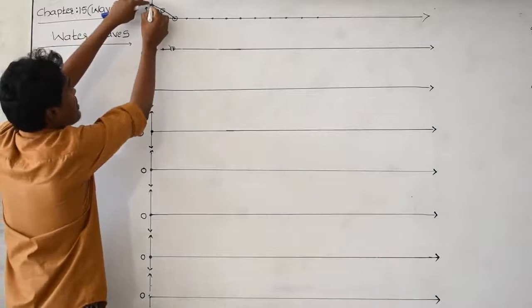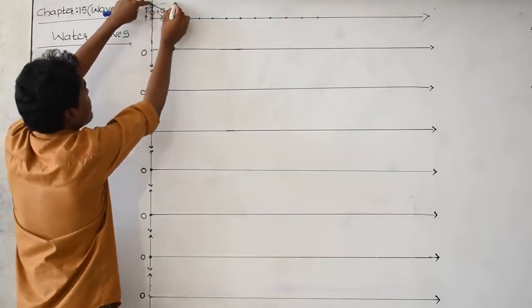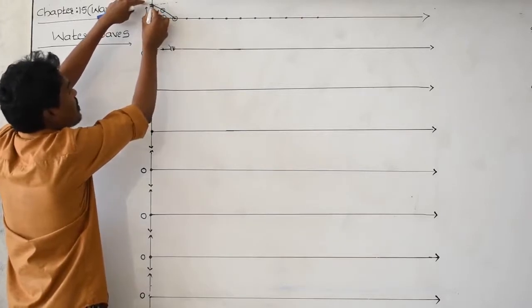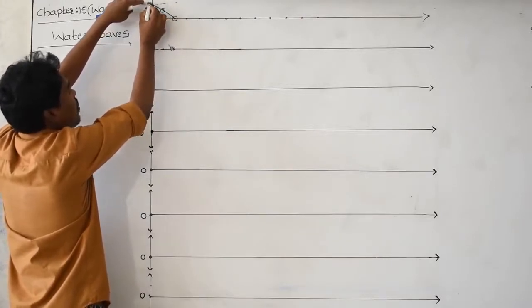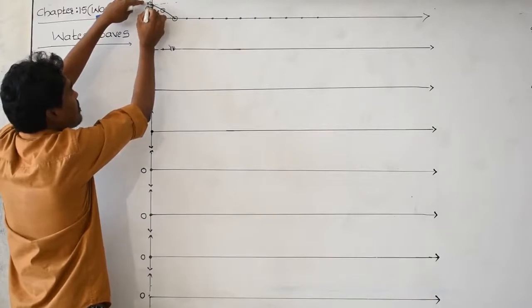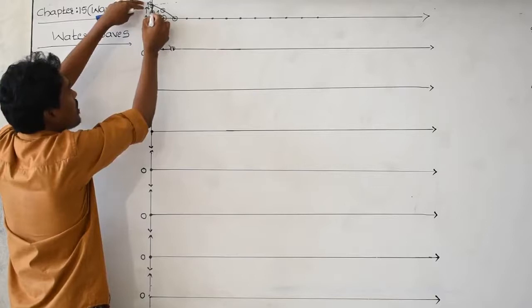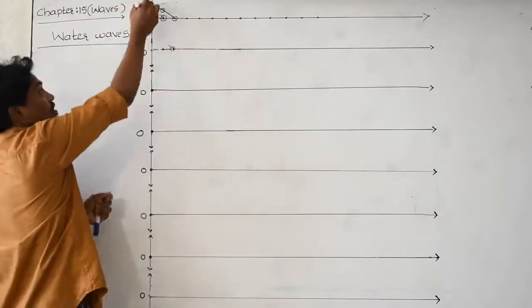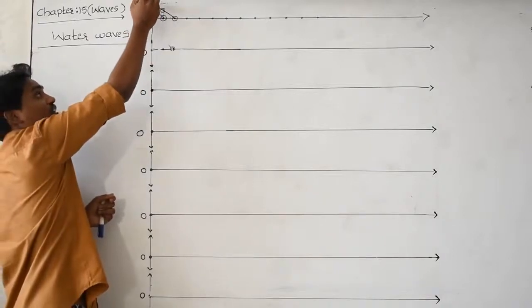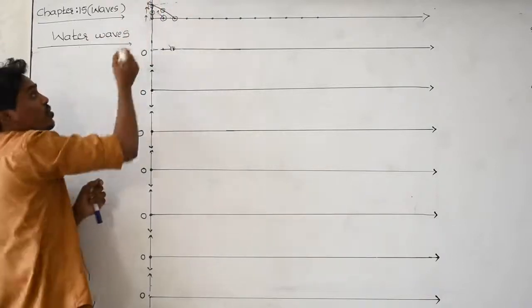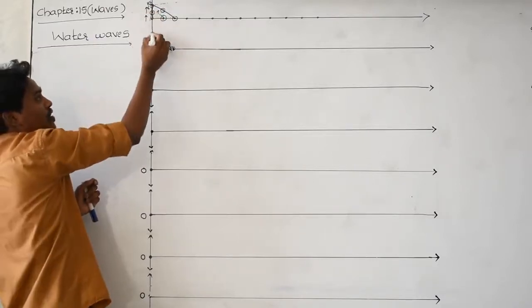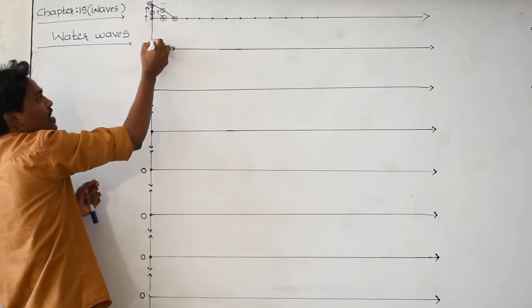And the first particle reaches a maximum point. After reaching the maximum point, the restoring force acts on the first particle in the downward direction. Therefore, the first particle moves from this point to this point again. I am showing that in the second diagram. The restoring force acts on the first particle in the downward direction. Because of that restoring force, the first particle is moving from this point to this point, again coming to this point.